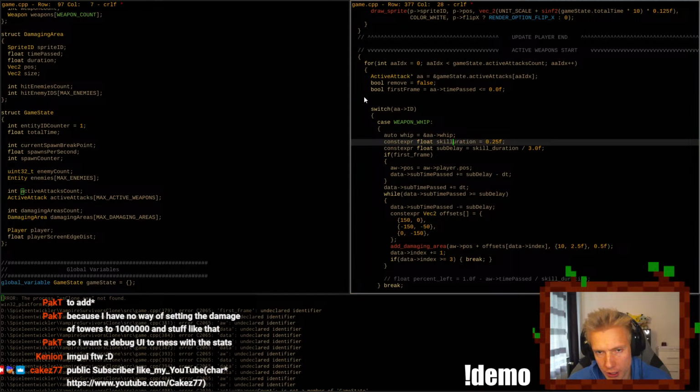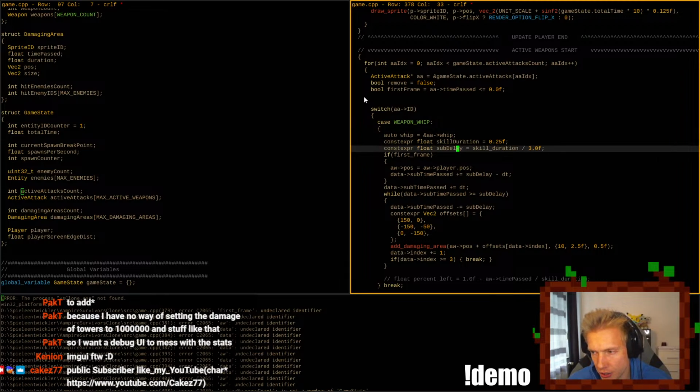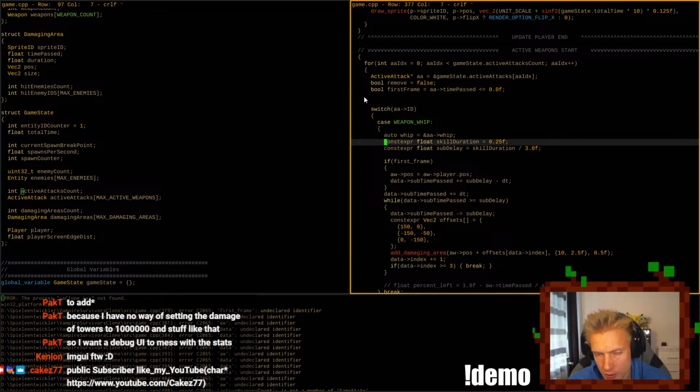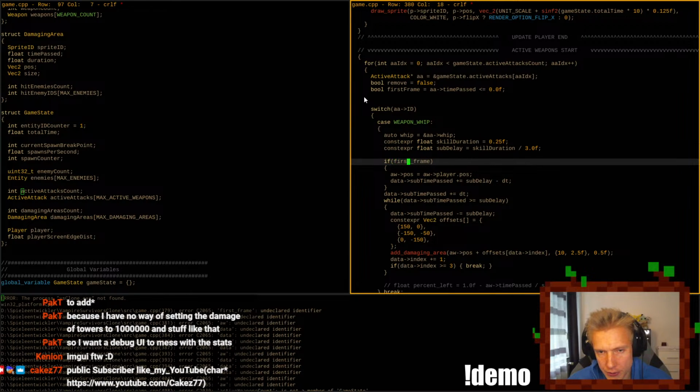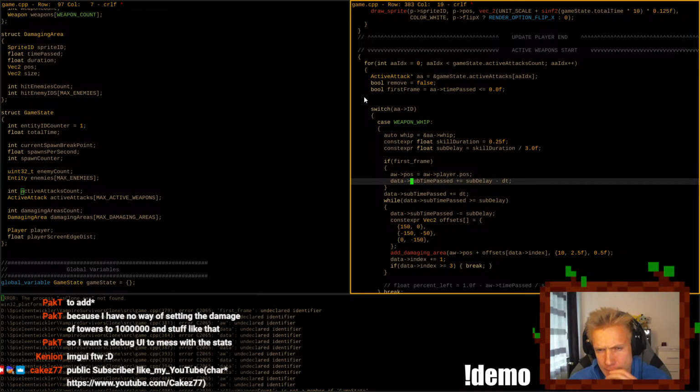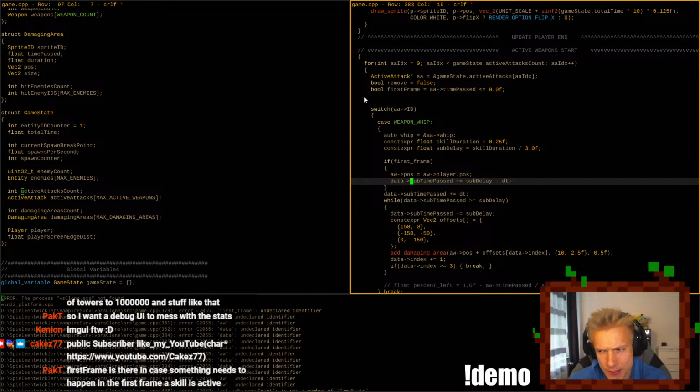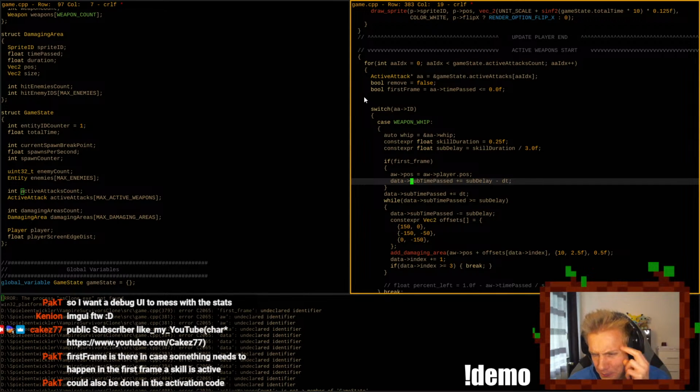Const expression skill duration, and then sub delay skill duration. We get the whip, and if it's the first frame, I need to look at the data.